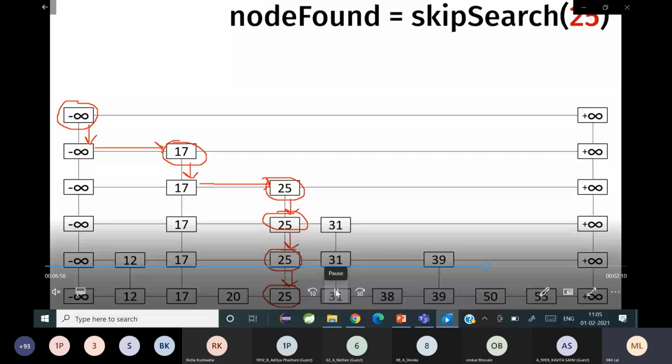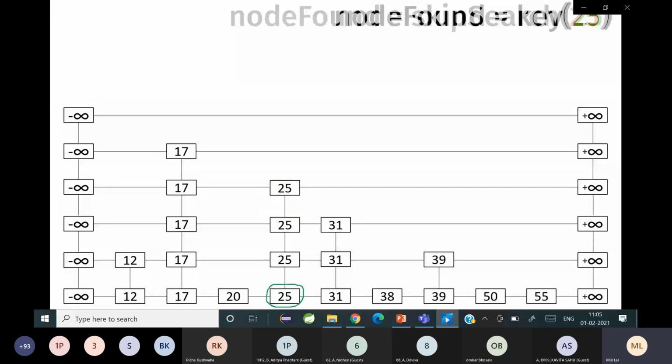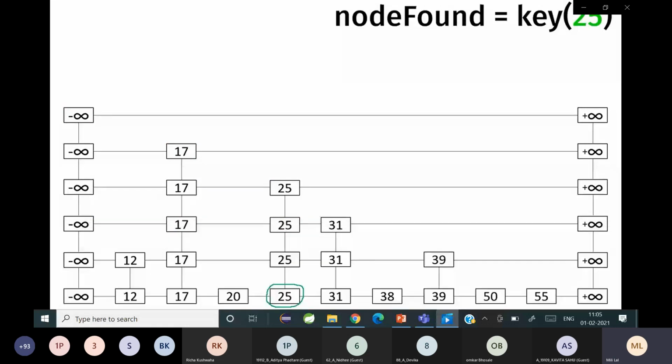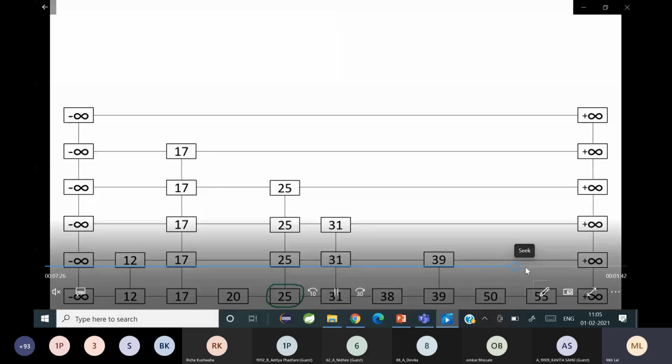So delete kaise hote hai? You update the links. That means 20 gets connected to 31. That's how you delete a node. Instead of 20 getting connected to 25, 20 will directly get connected to 31. And further on, all the links have to be updated. So just watch how it has been done. So 20 and 31 are getting connected to each other.